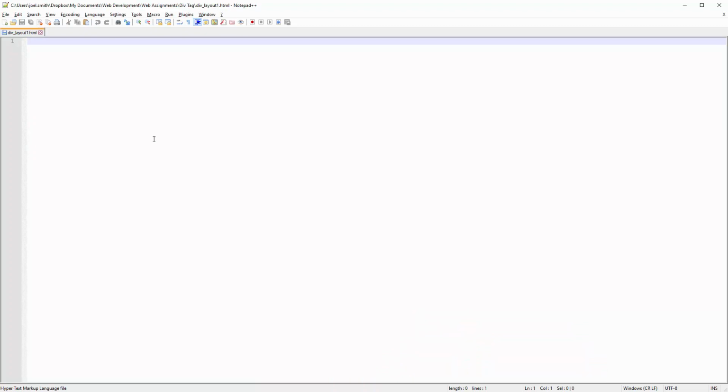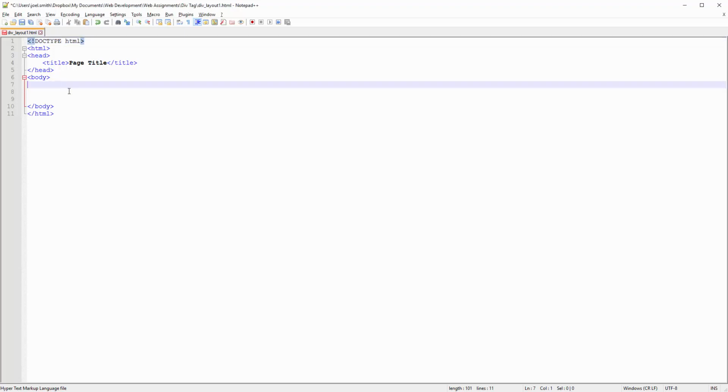Okay, we're going to put the essential tags here into Notepad. So I will get mine, but you need to type them. And then we're going to add a bunch of div tags and put some style elements in them. Once you get your essential tags typed up, at least these, and you can have others like the meta tag, as long as we have the body tags, inside the body tags we're going to type 4 different div tags. So it's just div with a closing div,